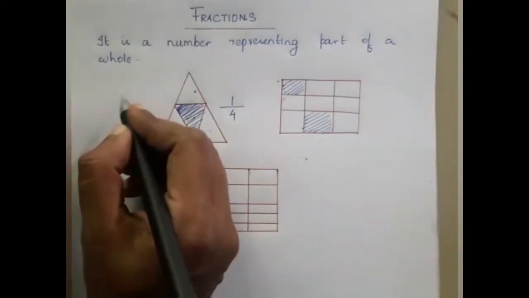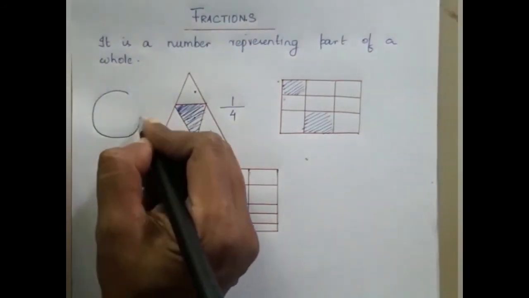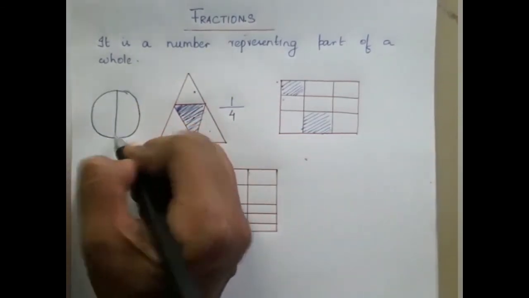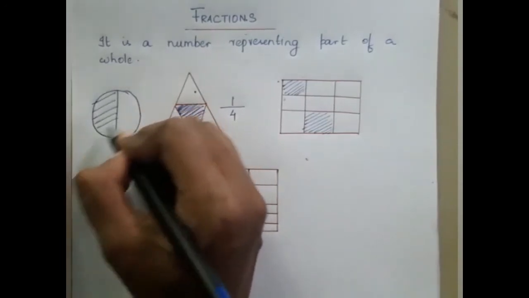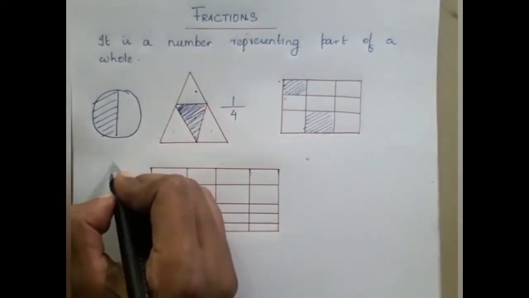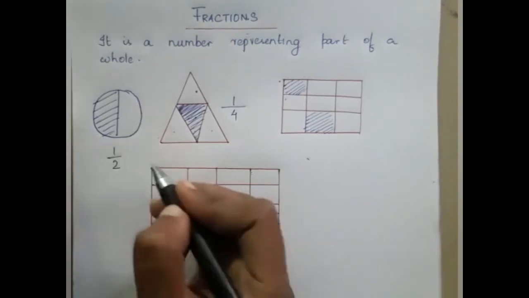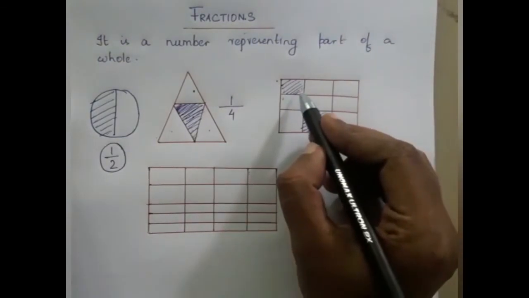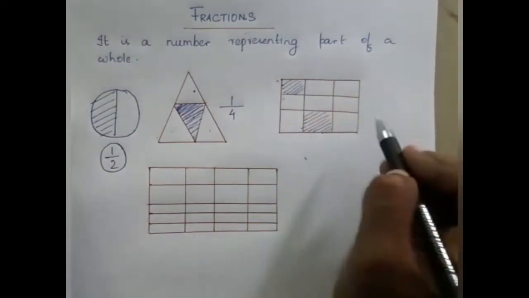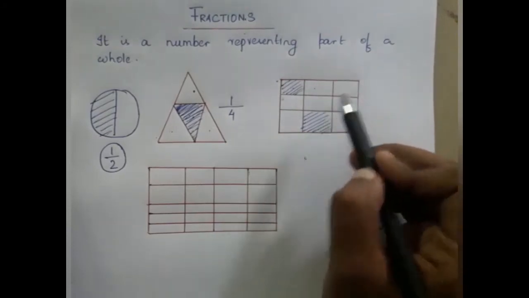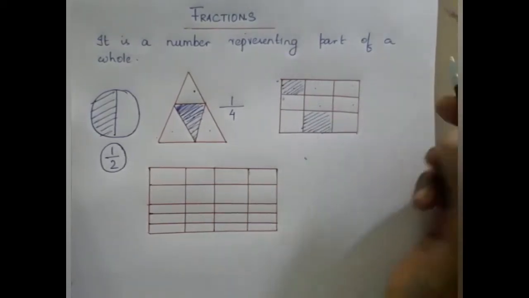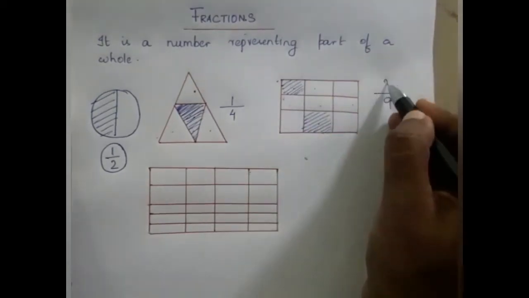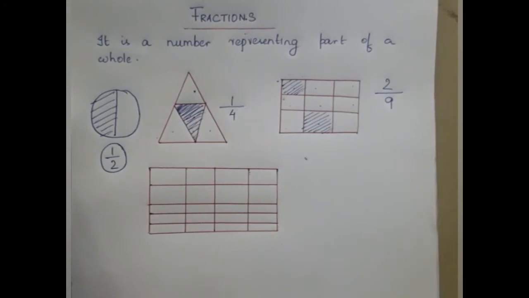Okay, so for example, you have a piece of cake with you. So you have a whole cake with you and you want only half of the cake. That is, you want only this much. So you have divided the cake into 2 and you want only 1/2, half of the cake. Okay, same like that. When you look here, you can see the rectangle is divided into 1, 2, 3, 4, 5, 6, 7, 8, 9, and the shaded region is only 2/9. So this is a fraction.